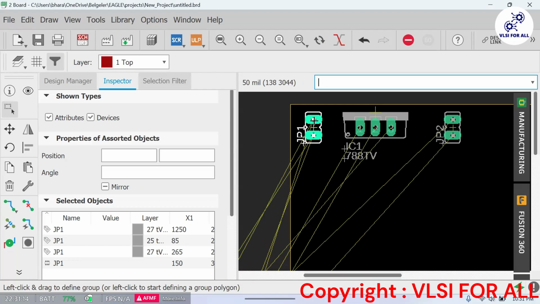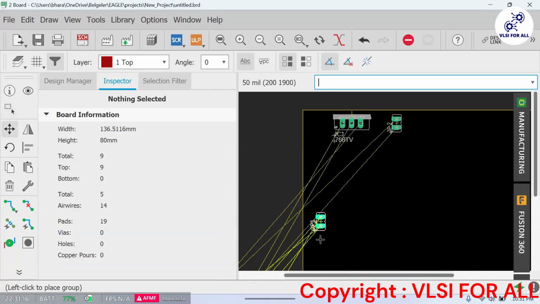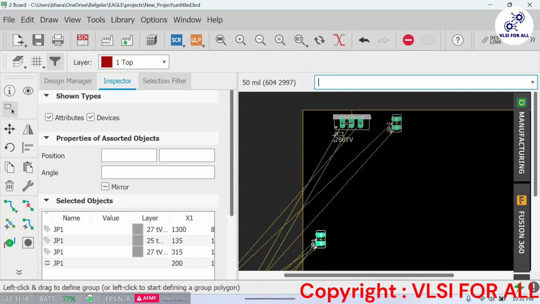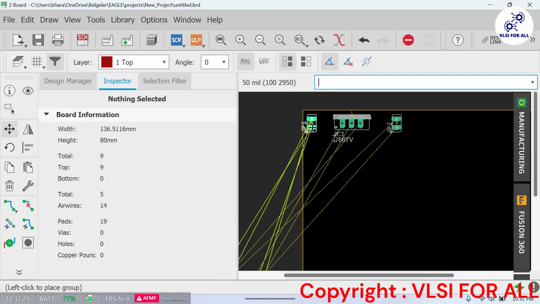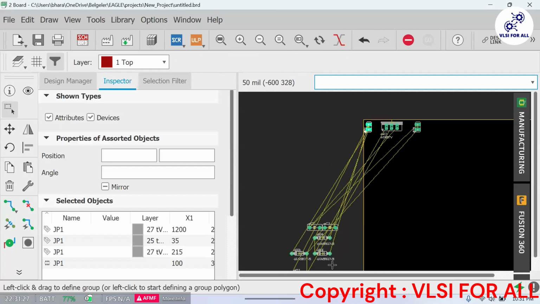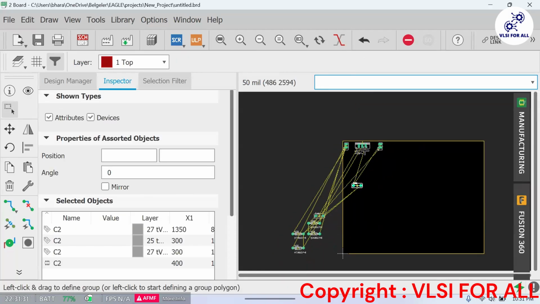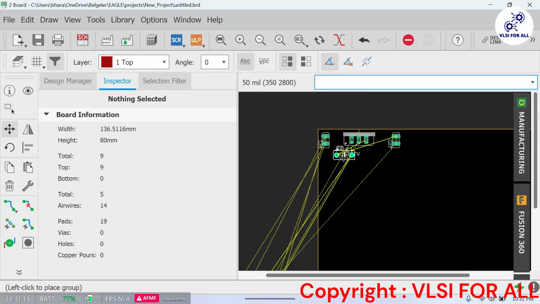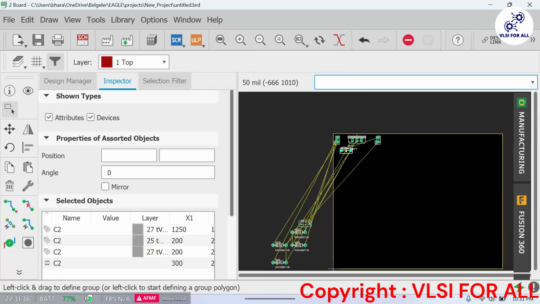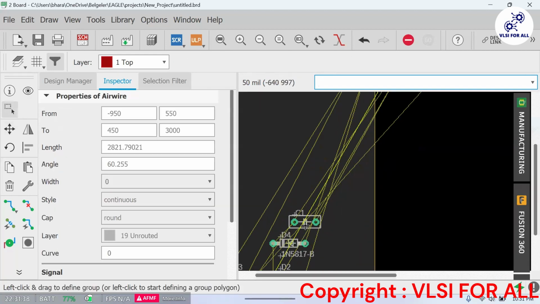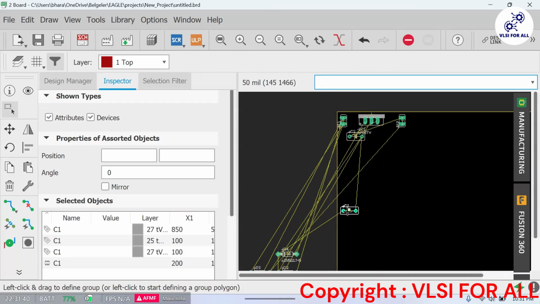If the input is here and you put this at this level, just imagine how long the routing will be. The connection will be long, and it will create a lot of delay. That's the reason we cannot do it. So we have to keep it as close as possible. So capacitors we have to take. Capacitors should be around this level. So C1 and C2.